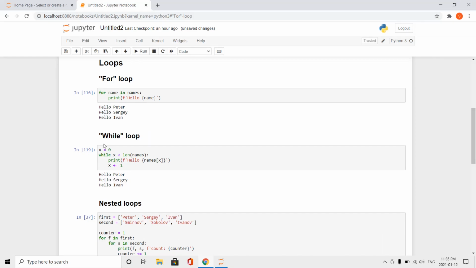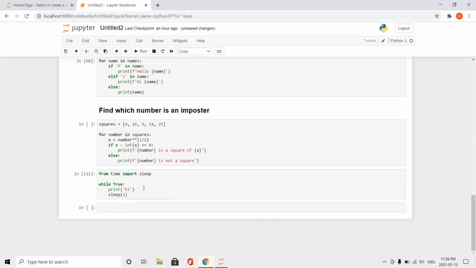So notice how in this while loop I had x being increased by 1, so that this condition eventually becomes not true, and then it quits the loop. If I did not have that and x would always remain 0, it would always just print hello Peter, hello Peter, hello Peter. And then I can demonstrate this with this